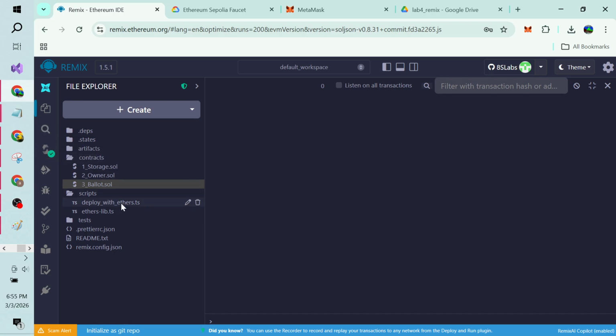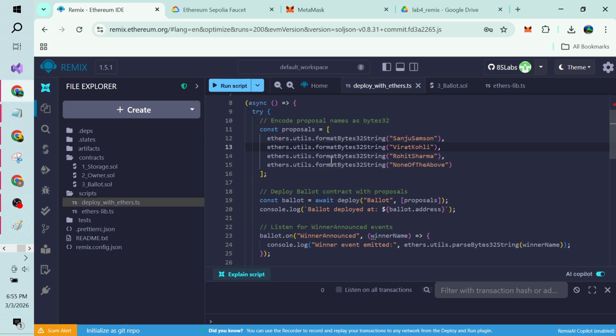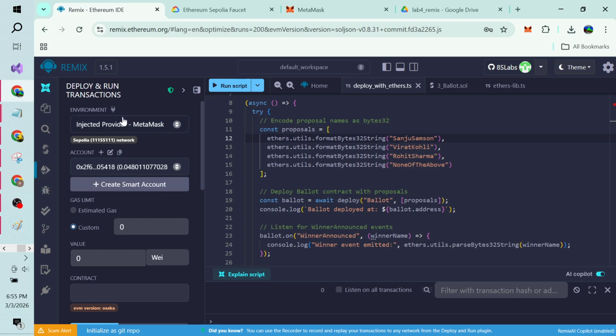Okay, now I will go to deploy. I am going to deploy this on my Sepolia network. Remember that I am connected to MetaMask Sepolia network. So whatever I am going to run is going to deploy over there. So I'll run the script,